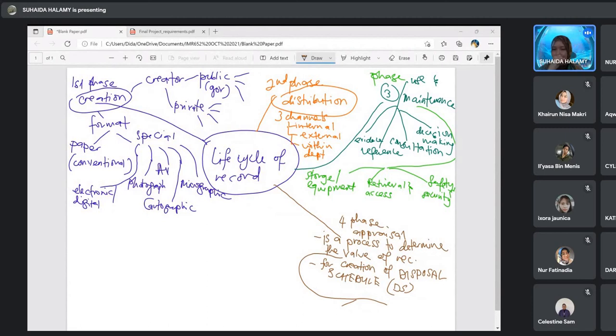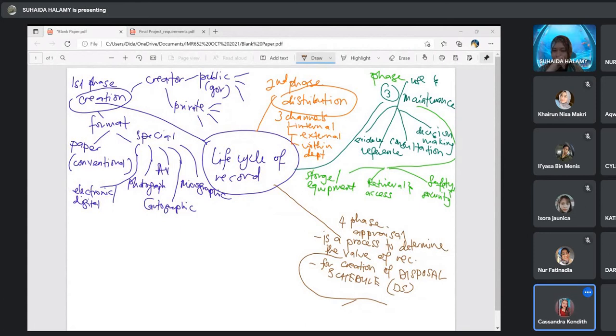Cassandra, boleh faham tak? Yes, Miss. Okay, apa yang you faham? Record is document, so document tu tak semestinya dia akan jadi record.